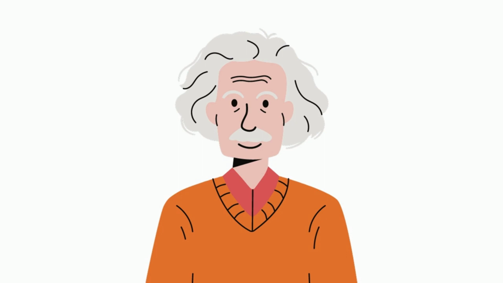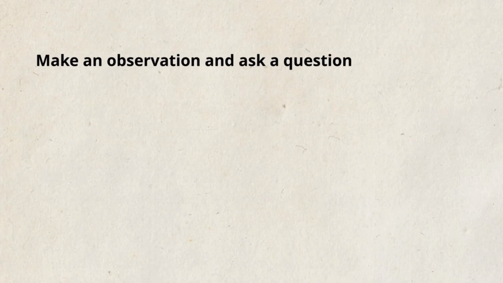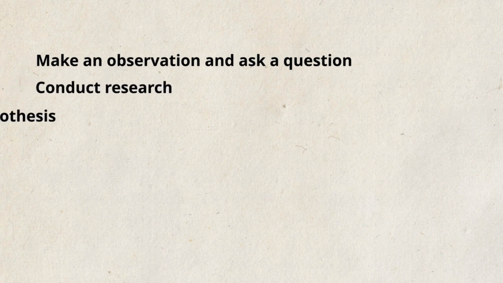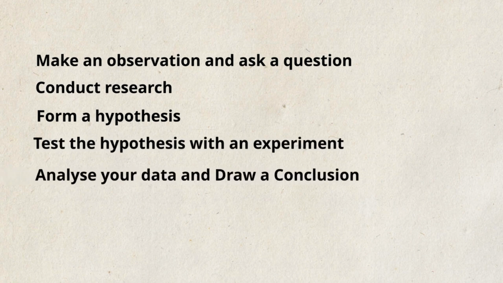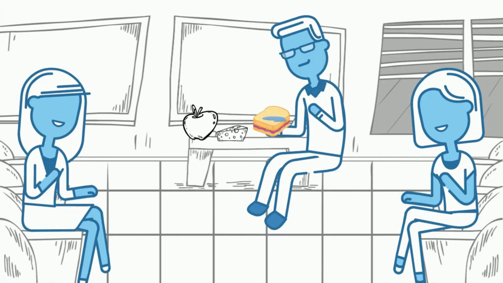The steps of the scientific method are as follows. Make an observation and ask a question. Conduct research. Form a hypothesis. Test the hypothesis with an experiment. Analyze your data and draw a conclusion. Communicate your results. Returning to the case of the soggy sandwich, you have completed the first two steps of the